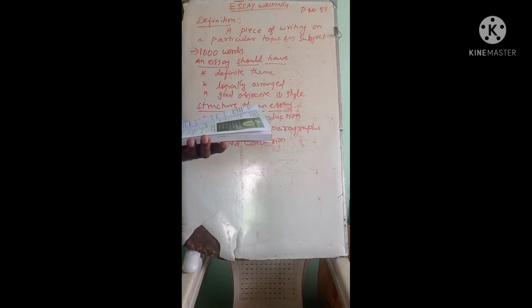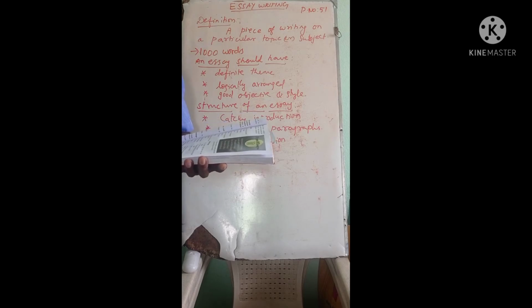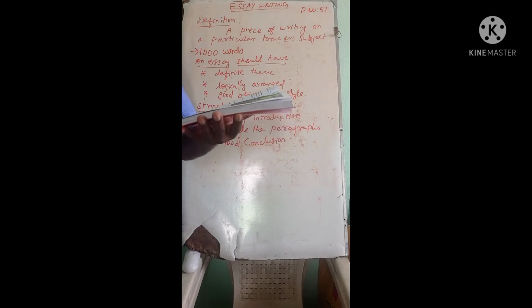After the rough copy only, he has to make a fair copy. Clear? See what we are doing in writing, note making or summary writing in your question paper. You know very well that we are doing rough copy and a fair copy, like that. Clear? And let me introduce the types of essay.